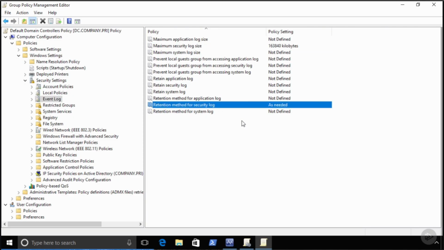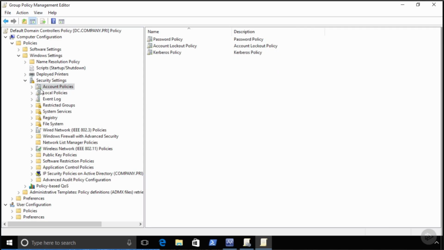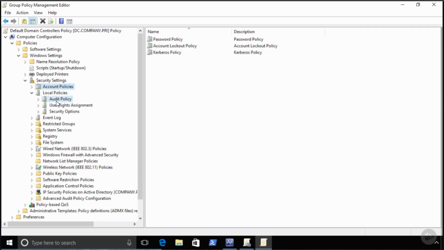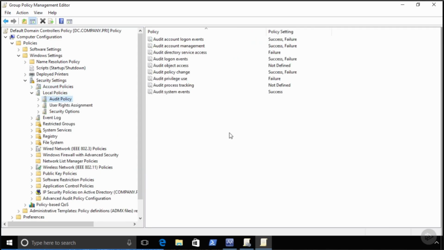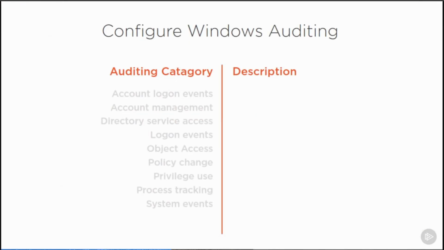This is a good starting point. This may not necessarily be your configuration, but again, this is a good starting point for making sure that you can capture all the extra items that exist once we start turning on auditing. Again, these are the same values, but when we start turning on auditing for all the different authentications against this domain controller, I do want to spend some time while we're discussing this talking a bit about the